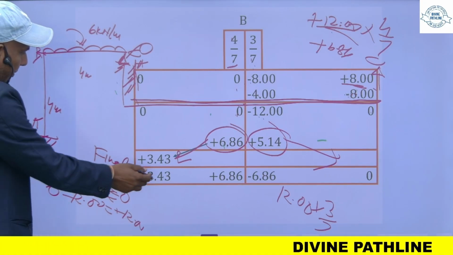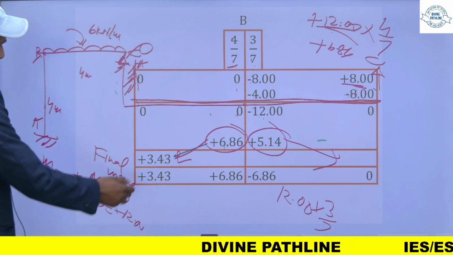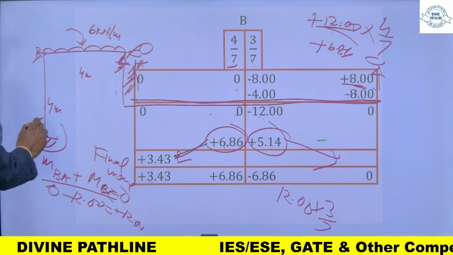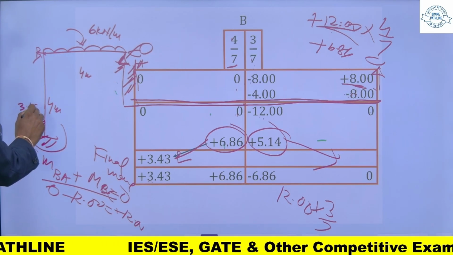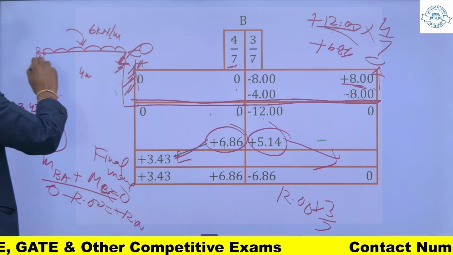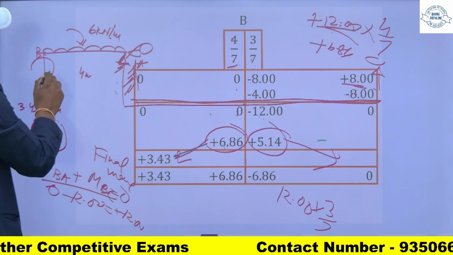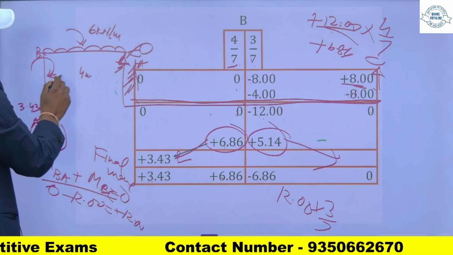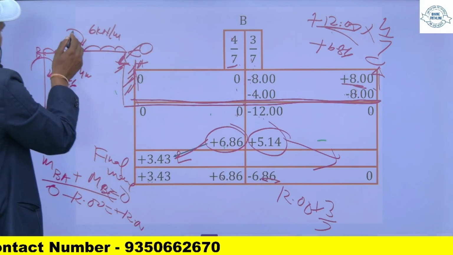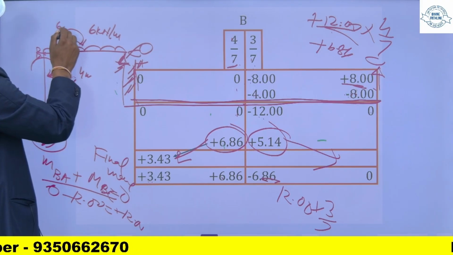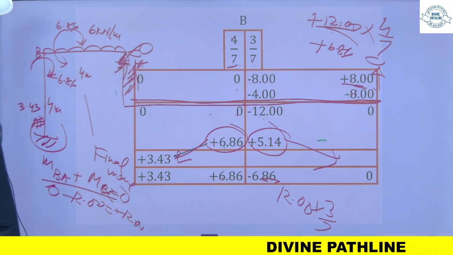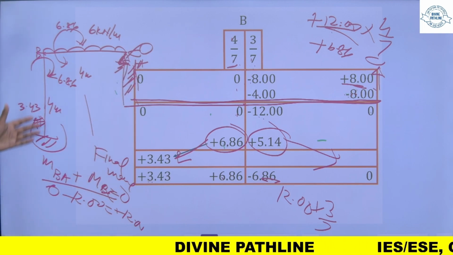तो यहाँ पर जो मोमेंट है ये प्लस है, प्लस 3.43, प्लस का मतलब ये है क्लॉकवाइज, ये क्लॉकवाइज है 3.43। ये एम बी ए कौन सा होगा? ये वाला होगा। ये भी प्लस है तो ये भी क्लॉकवाइज हो जाएगा। एम बी सी ये माइनस है तो ये एंटी क्लॉकवाइज हो जाएगा। एंड यहाँ पर 0 होगा क्योंकि ये सपोर्टेड है, यहाँ कोई मोमेंट आएगा नहीं।